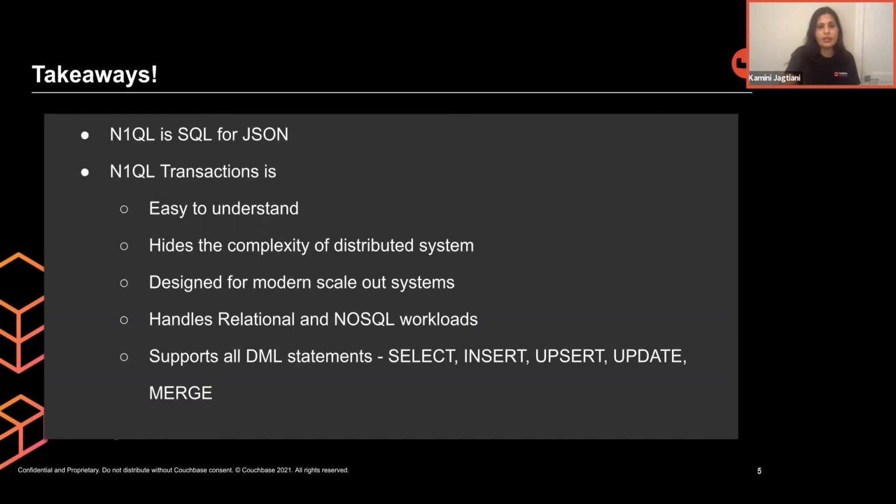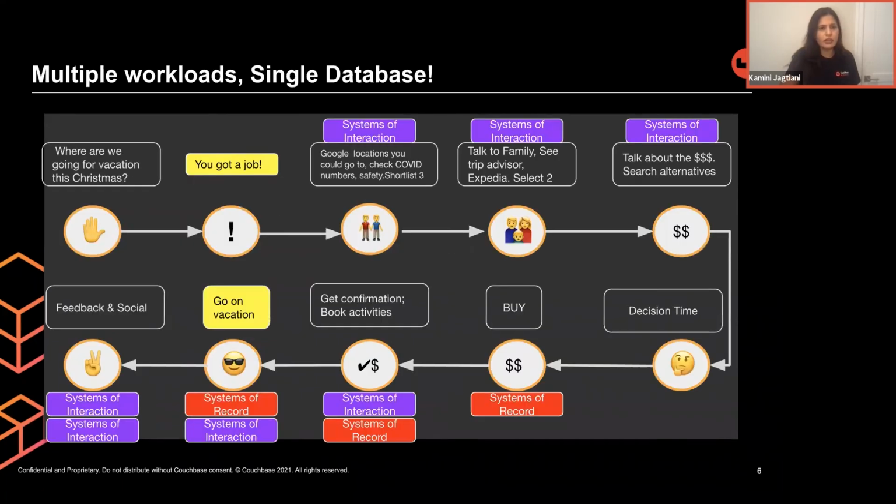We definitely handle all the relational and NoSQL workloads. And the N1QL transactions support select, insert, update, delete, and merge. So all DML statements. Moving on. So let's talk about